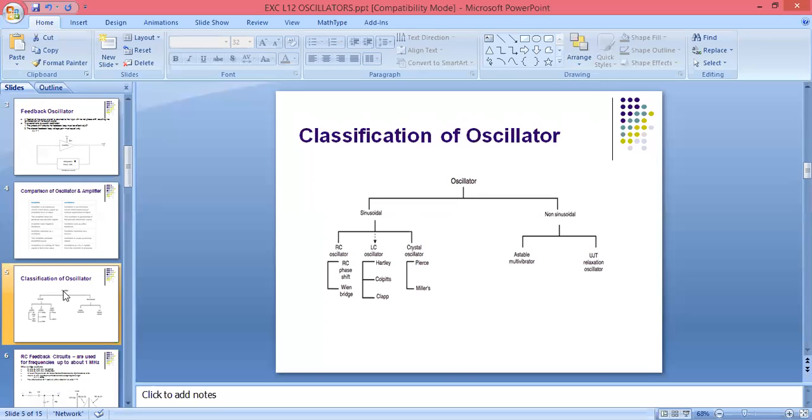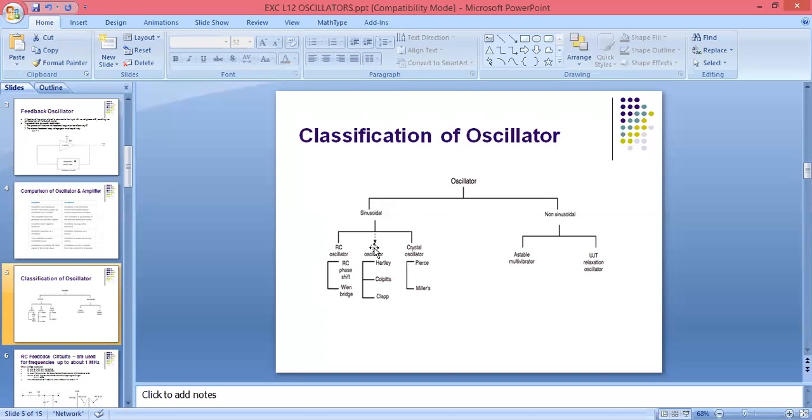In the RC oscillator, again there are two types, the RC phase shift oscillator and the Wien bridge oscillator. We have to study these thoroughly, because in our syllabus we only have to study the RC phase shift oscillator and the Wien bridge. ये बाकी तुम्हारे syllabus में नहीं है. So we are only seeing this, the classification of oscillators.